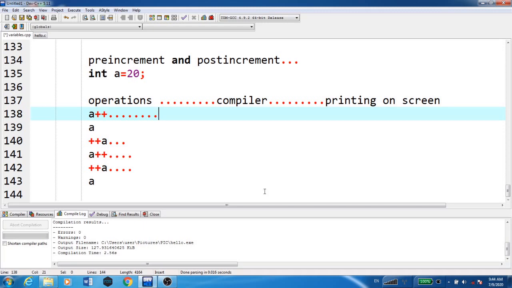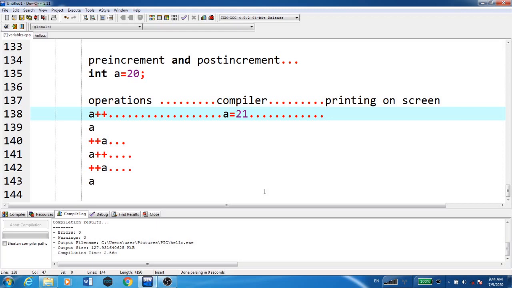So here A++. When we are printing this A++, as we said, ++ means incrementing by 1. So 1 is added, and at the compiler part the value of A becomes 21, right? Because it is incremented.